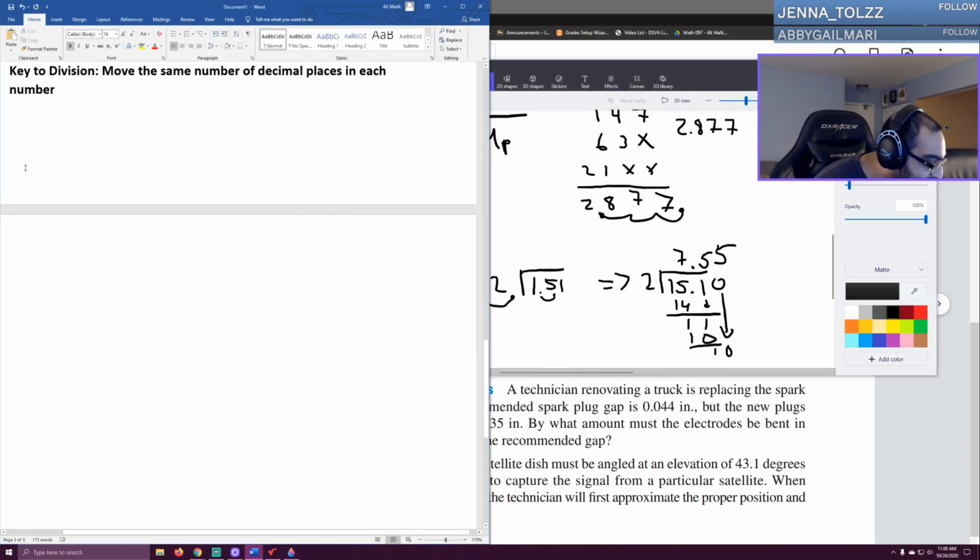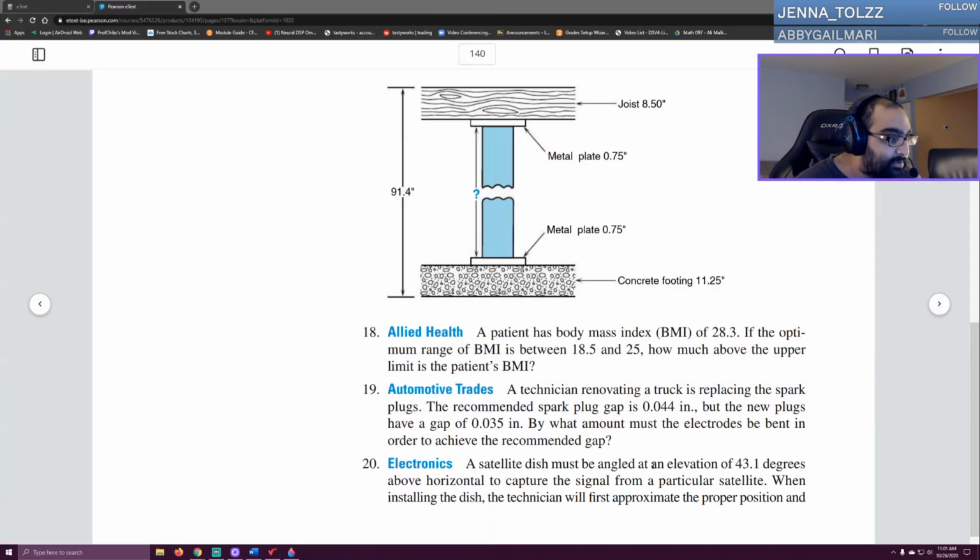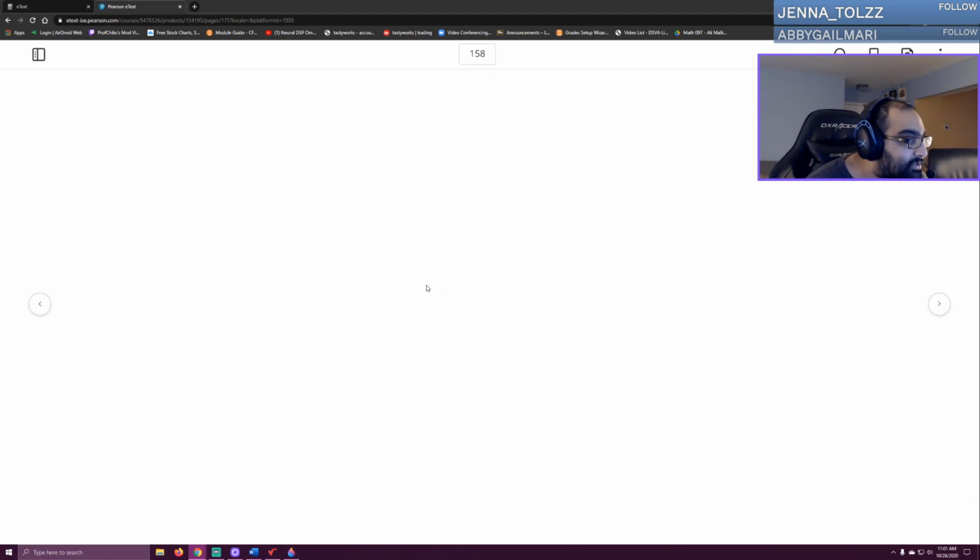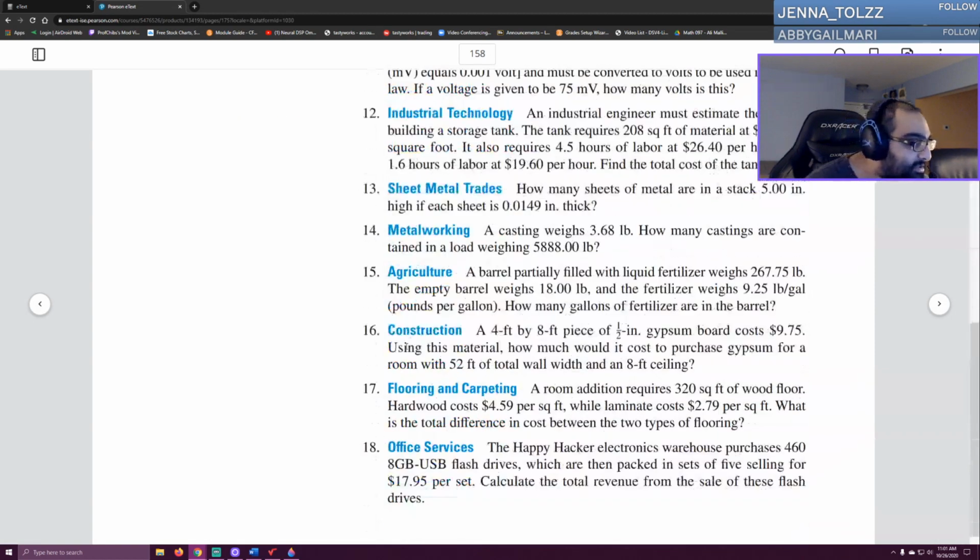All right, now let's do an actual practical example and see how we can map this out. So the first one I want to do is number 158. Let's go to 158 here. So we're going to go ahead and do